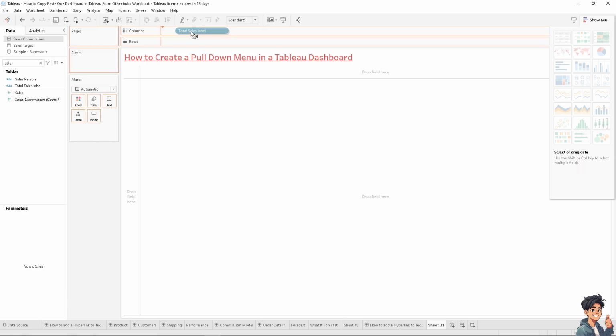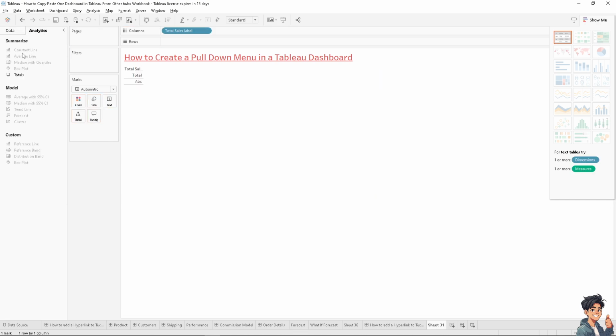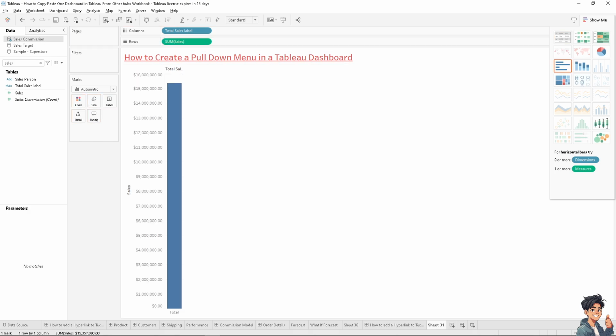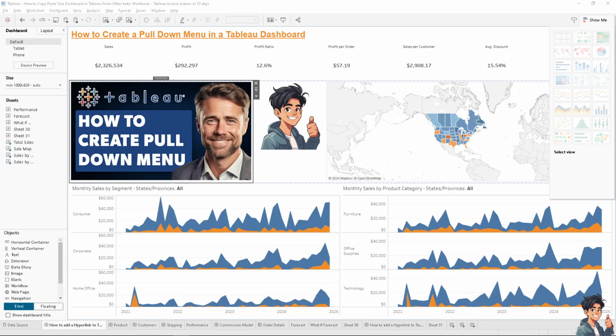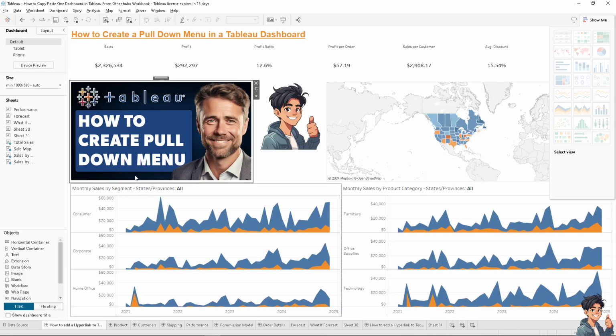Put it on the column, and then maybe type in on this side, maybe. After that, once I have done the sheet 31,